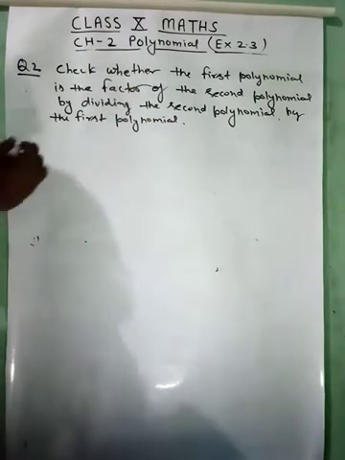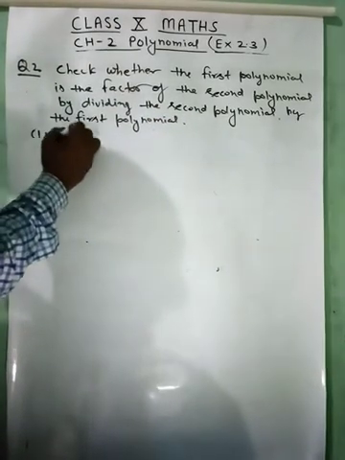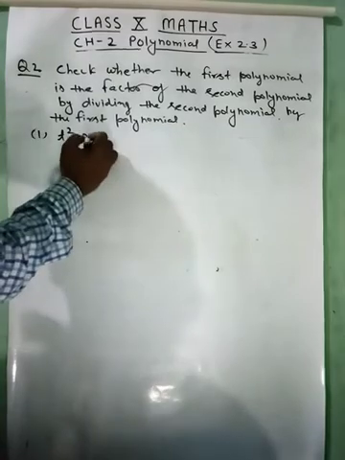Clear? Question number first is t square minus 3